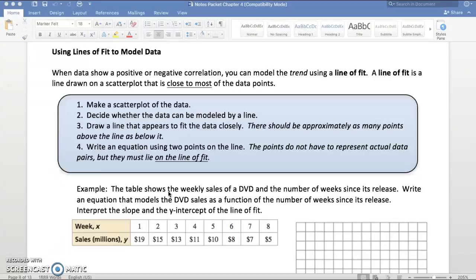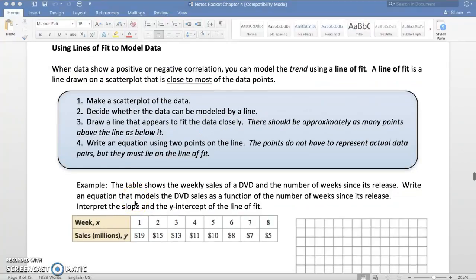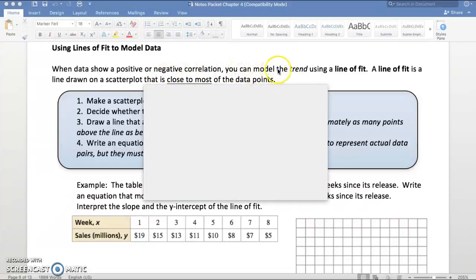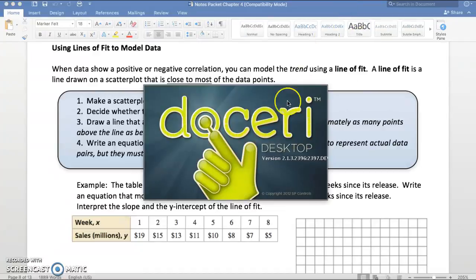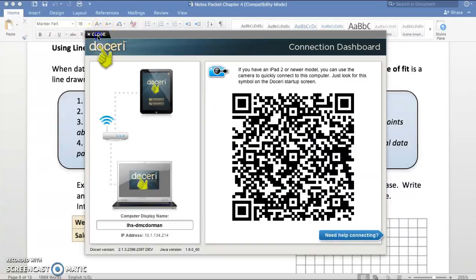Here we're looking at using lines of fit. I'm going to open my iPad real quick. Lines of fit to model data. When data show a positive or negative correlation, you can model the trend using a line of fit. Sorry about that. A line of fit is a line drawn